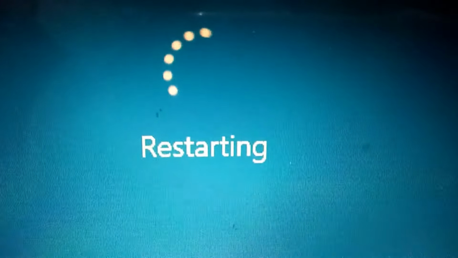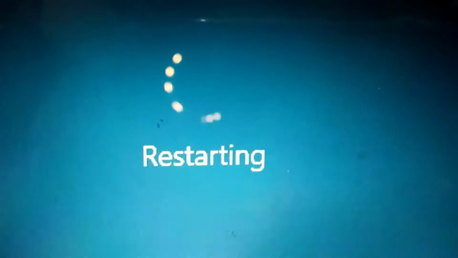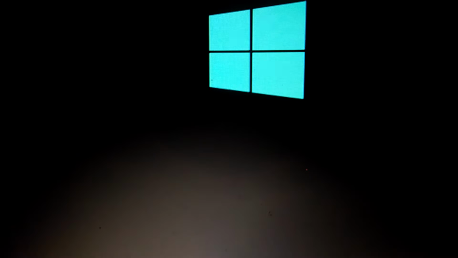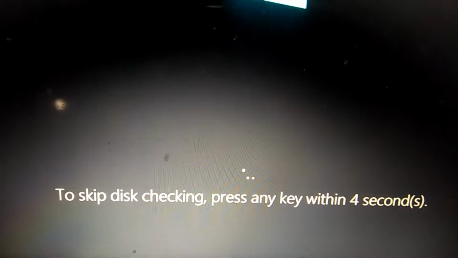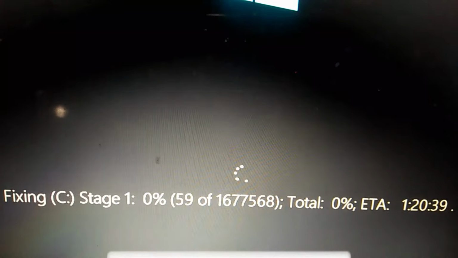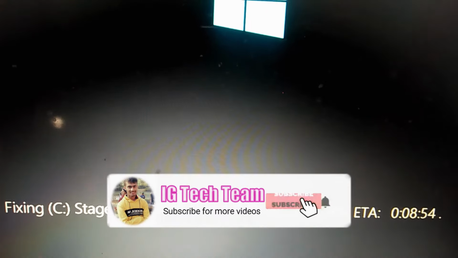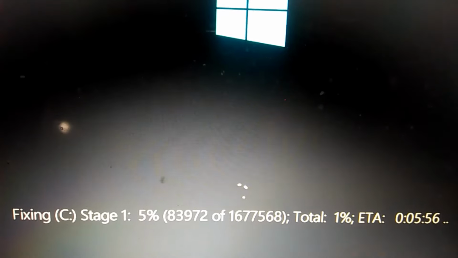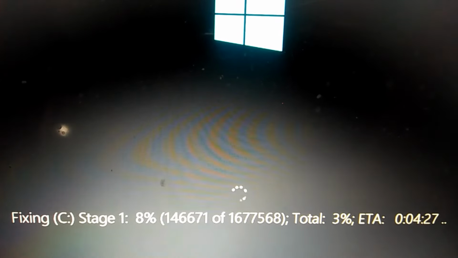This time you don't need to press any key on the keyboard. So just be patient and wait. It automatically scans your C drive and fixes the problems it finds. Alright, you can see here your C drive is going to be scanned for any problem. In any version of Windows, the installed files are stored in C drive. That is, C drive is the main drive of our computer.